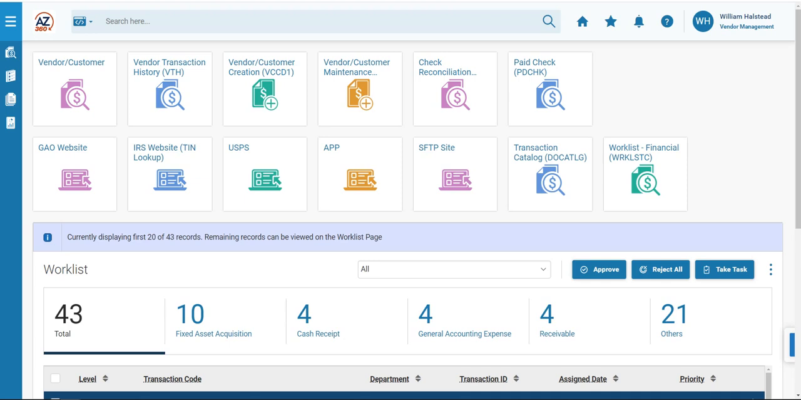Before a state user can create a delivery order, they must first verify that the vendor does not already exist on the vendor customer table or VCUS table, and then Dell must be added to the VCUS table as both a vendor and a customer. Note that we are already logged into the AZ360 application, and the vendor management business role has been selected in